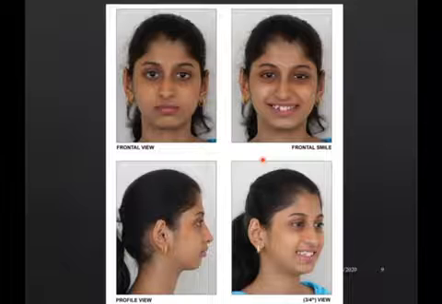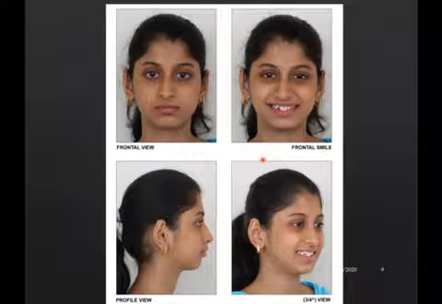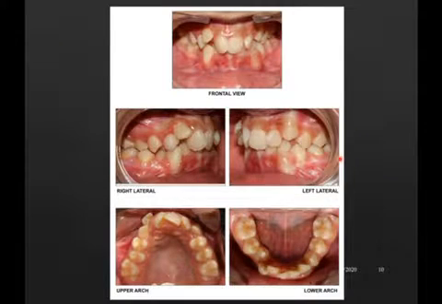If the patient has mild crowding, then it could be resolved without extraction, and proximal stripping can be carried out, followed by alignment of the teeth. If a patient has moderate crowding, then the patient might require arch expansion or distalization of the molars. If a patient has severe crowding, then extraction of first premolars is advocated, followed by retraction of the canines and the incisors.